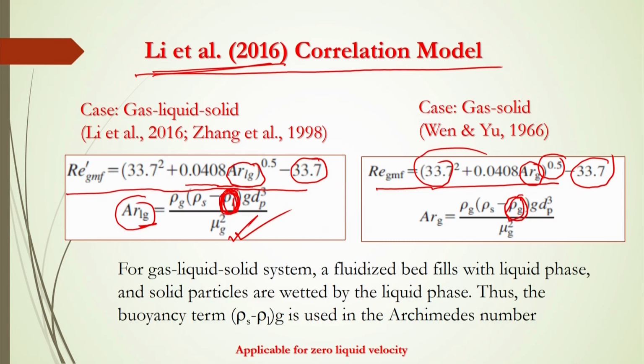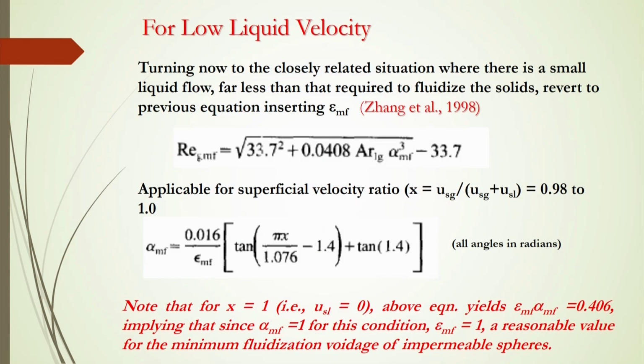So, this should be noted. Now, for low liquid velocity, Zhang et al. also gave another equation to calculate the minimum fluidization velocity. Now, turning to that closely related situation where there is a small liquid flow, far less than that required to fluidize the solids, revert to the previous equation, inserting just epsilon mf here, and then you can get this equation for